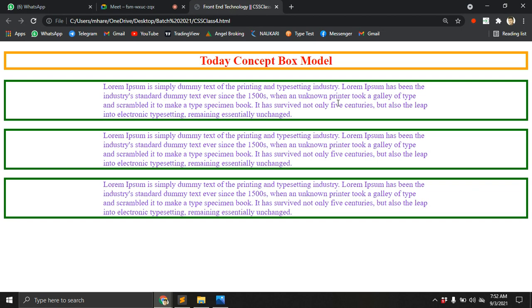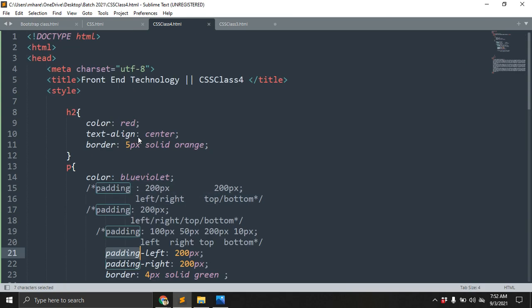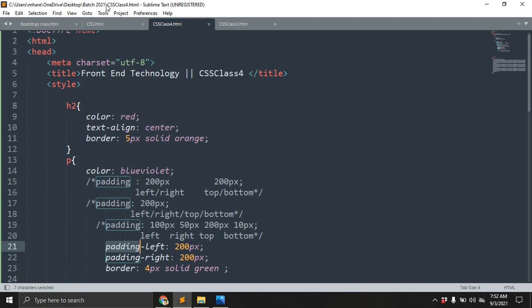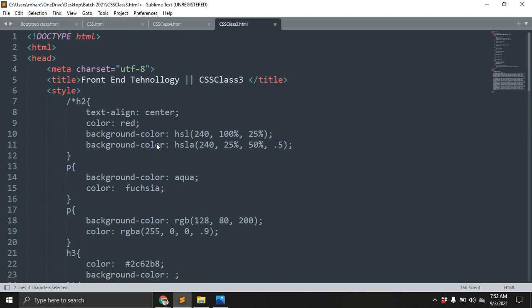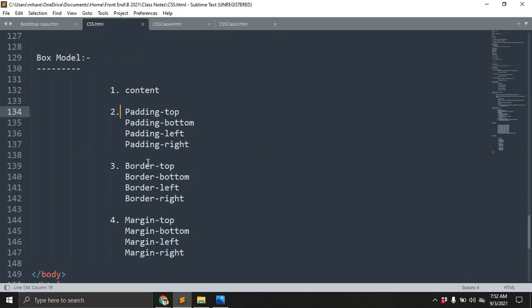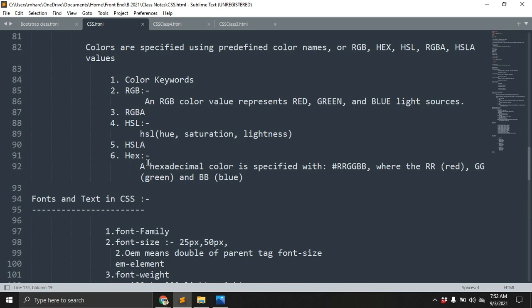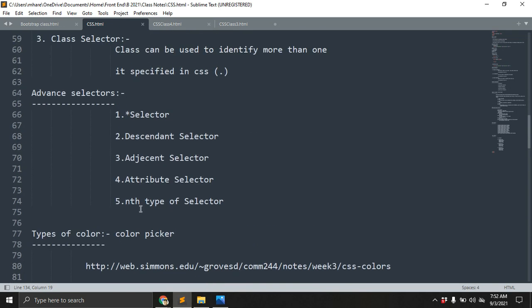Here we are not discussing that concept. Here there are advanced selectors: the star selector, descendant selector, adjacent selector, attribute selector, and type selector. These selectors are very complicated, but there is still time. We have been discussing for almost 10 days, and we are planning only one month, so HTML and CSS at 10 days is not good.